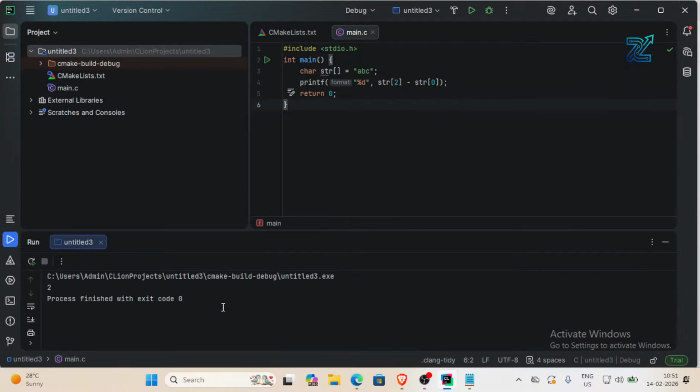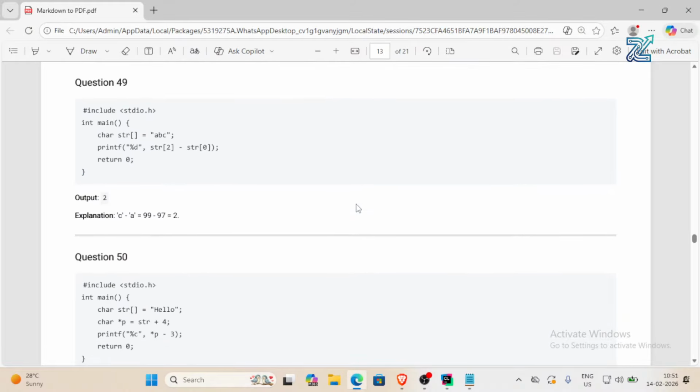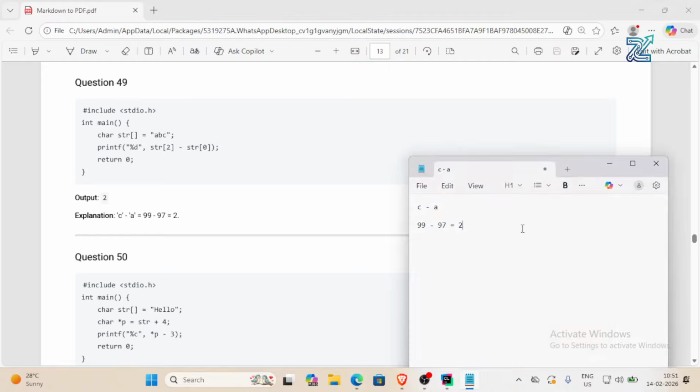So we got the output as 2. So let us move on to the next question. So this is the problem. In this problem, they have given a string and there is a pointer with the fourth index 0, 1, 2, 3, 4. That means the last element in the array. So what they are printing? They are printing the pointer element minus 3. So O minus 3 is the character. So we know the value of O is nothing but 111. So the ASCII value of O is 111. So 111 minus 3,